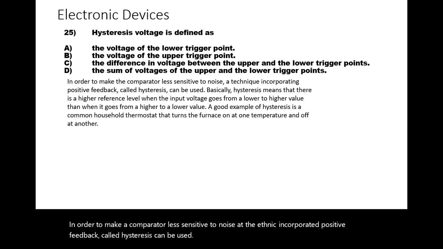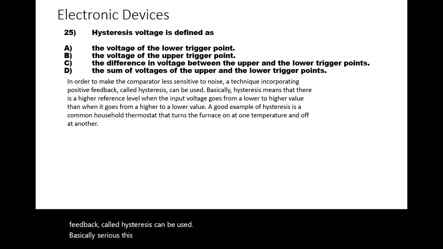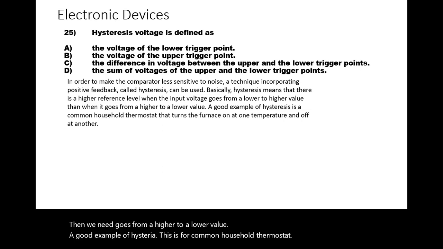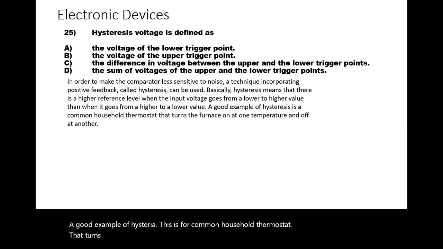Basically, hysteresis means that there is a higher reference level when the input voltage goes from a lower to a higher value than when it goes from a higher to a lower value. A good example of hysteresis is the common household thermostat that turns the furnace on at one temperature and off at another temperature. So the answer is the difference in voltage between the upper and the lower trigger points,